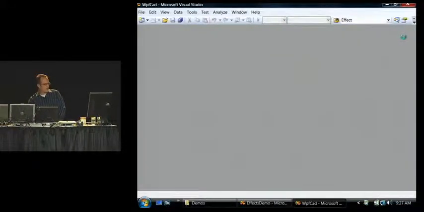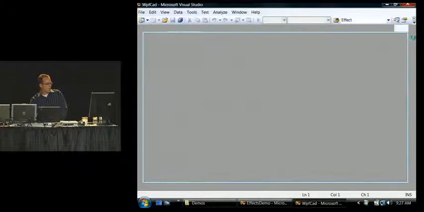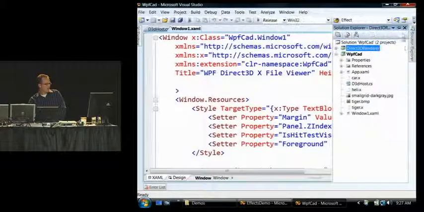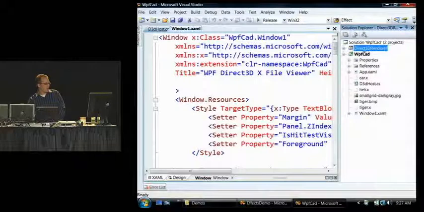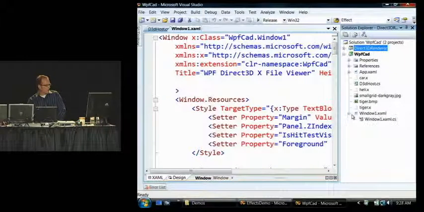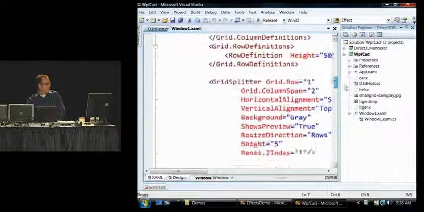So this CAD program, this CAD viewer here, basically had a direct 3D renderer. This was a C++ project, and that was talking DX. And then we were talking to that component from the WPF application inside of the window here,